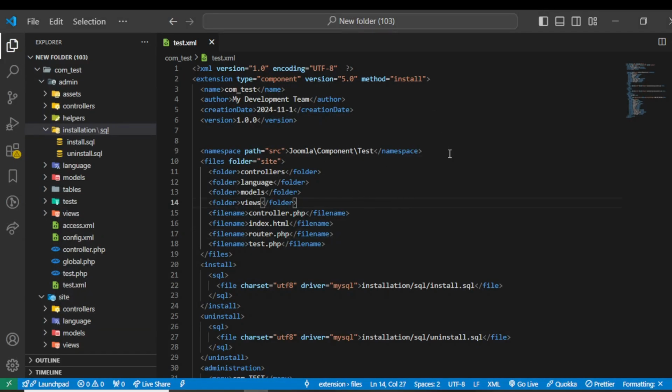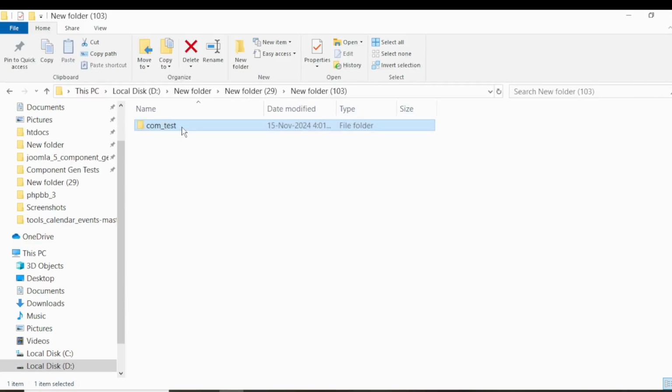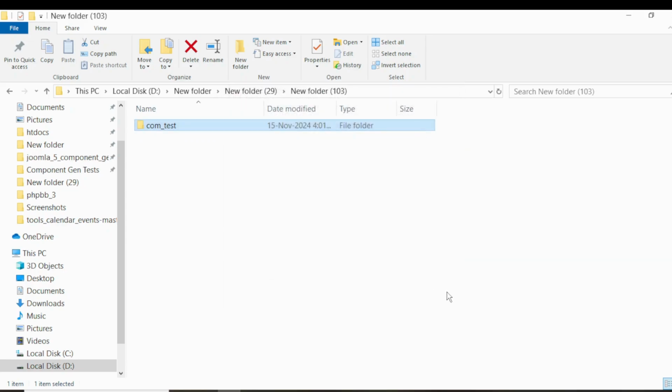Here I have created a component, and in my main entry XML file, first if we want to install the component, we have to give the method as install and give the version 1.0.0. This is the first version, and now I will install this component folder. I will create a zip package for this,